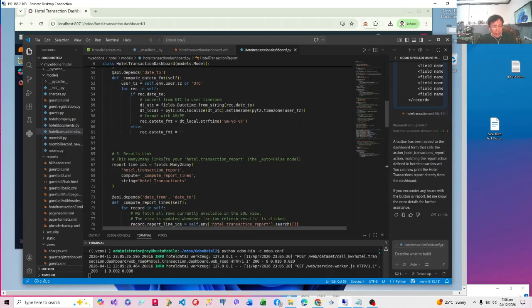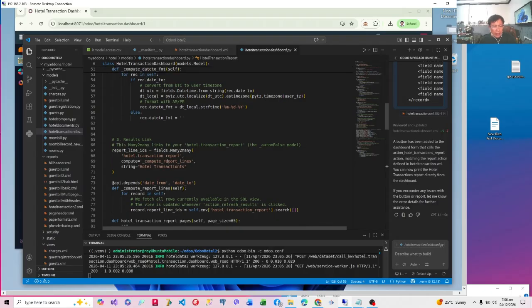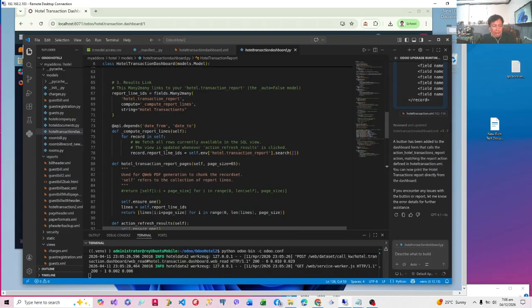And we had made a link, the report line IDs, which will link it to the records generated by the PostgreSQL function containing the select statement. Then you have to derive the lines by calling the PostgreSQL function.